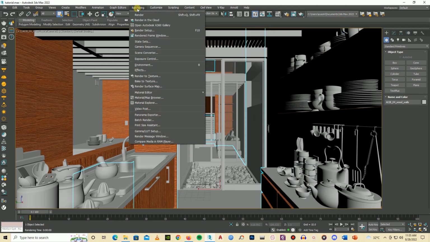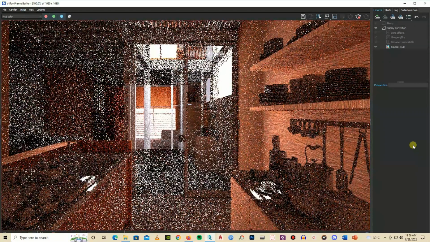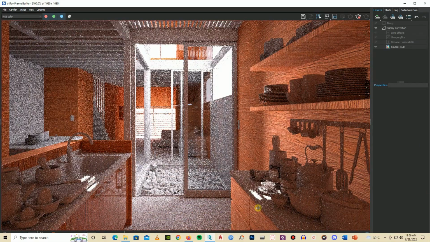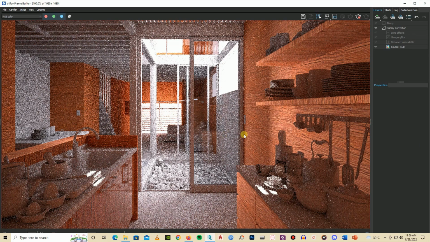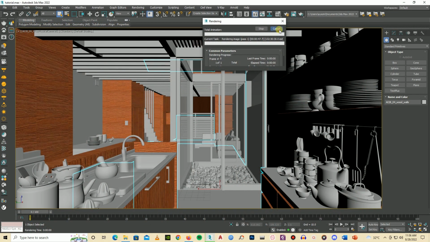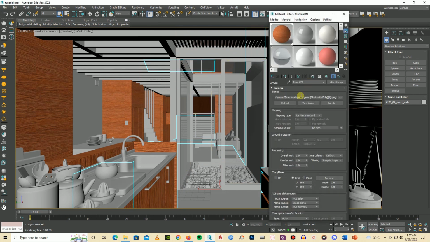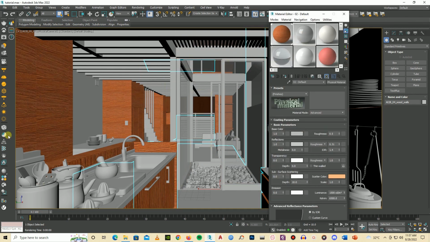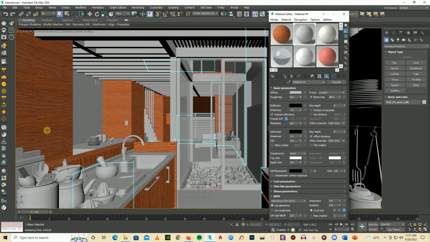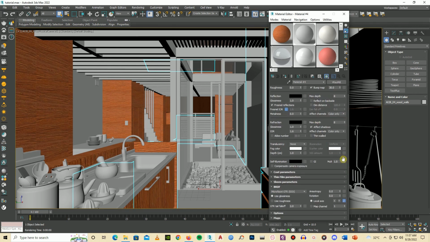Now let's see how it looks now. So it looks pretty good. The texture is really good. Now let's click on another slot, make it a V-Ray material. Let's go to maps,